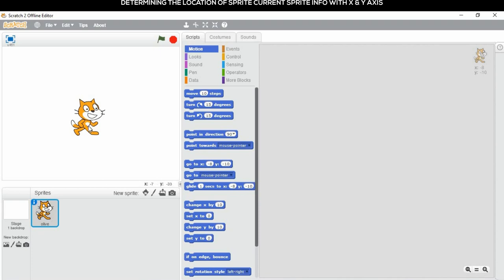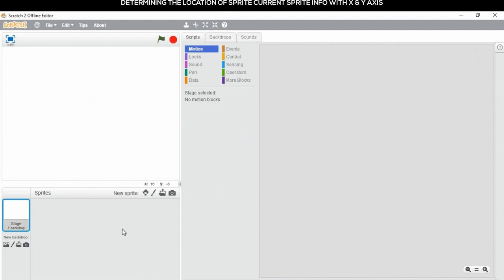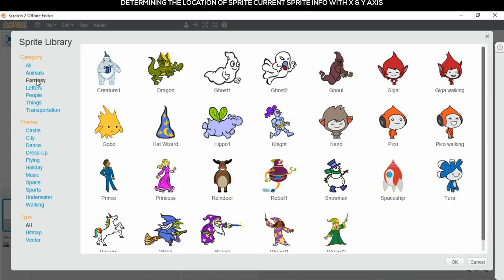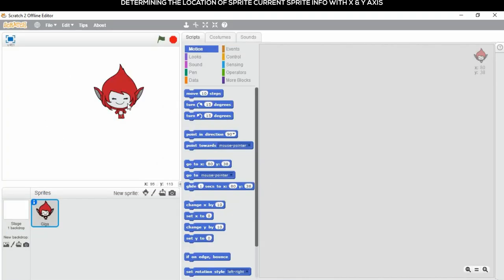Now we are going to change the hero of Scratch, called our sprite. The sprite is standing on the stage. Select the delete option and we are just going to delete our sprite. We are going to select a new sprite from the Choose a Sprite library. From this library many categories are there. Among these categories we are going to select the sprite from the option Fantasy. From the Fantasy, we are going to select Giga, and now the Giga is added on the stage.